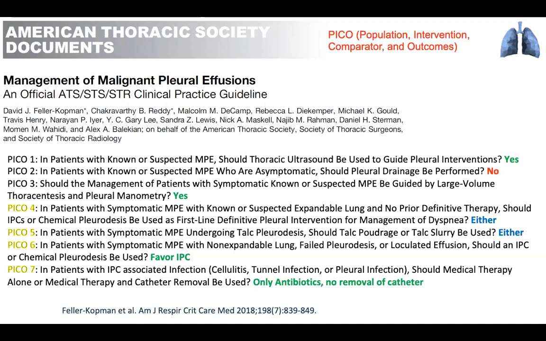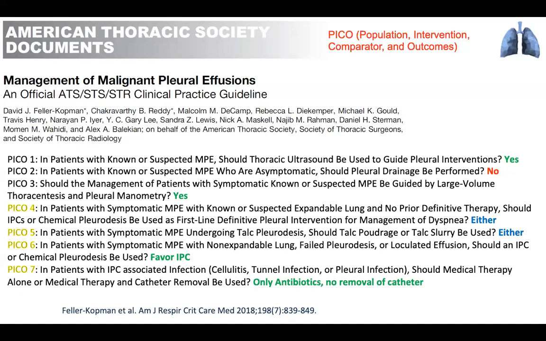In patients with symptomatic MPE and expandable lung with no prior definitive therapy, can we use IPC, which is an indwelling pleural catheter, or chemical pleurodesis as first-line intervention? And the recommendation is either. It depends on a lot of things, on the patient's quality of life and what they really like. And we'll talk about what activities one can perform after pleurodesis and what they can perform with an indwelling pleural